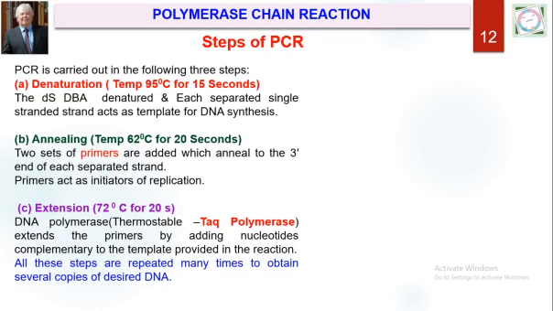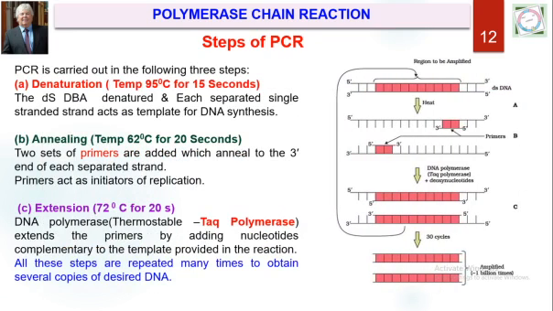So it's very, very important for us to understand, and these steps are repeated many times to obtain several copies of the desired DNA. As you can see in the diagram, this region is to be amplified. It is heated, denatured, so that we get single strands. You can see the polarity 5' to 3', and the primer is added at the 3' end. Why? Because DNA polymerase works only from 5' to 3', and both the sequences act as